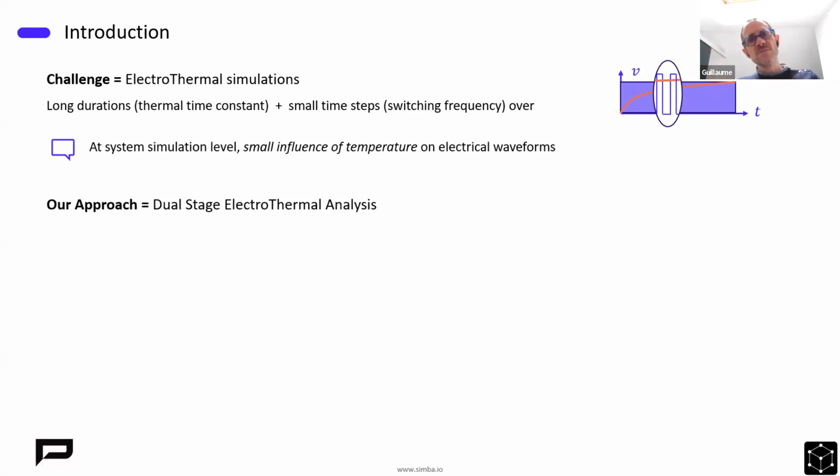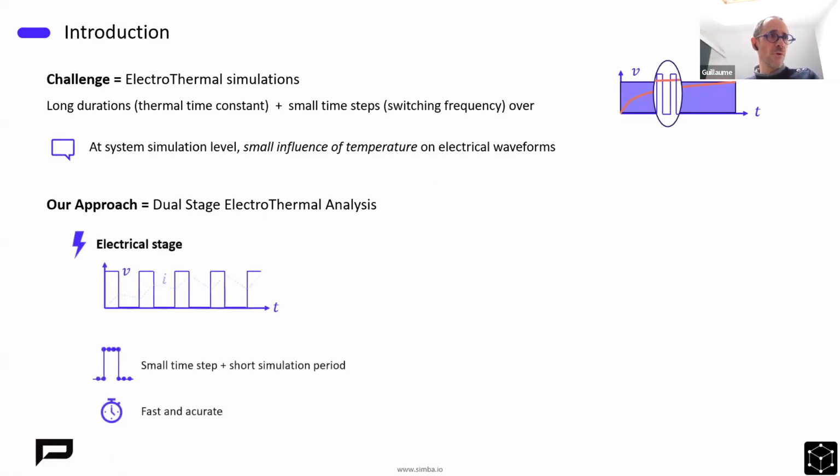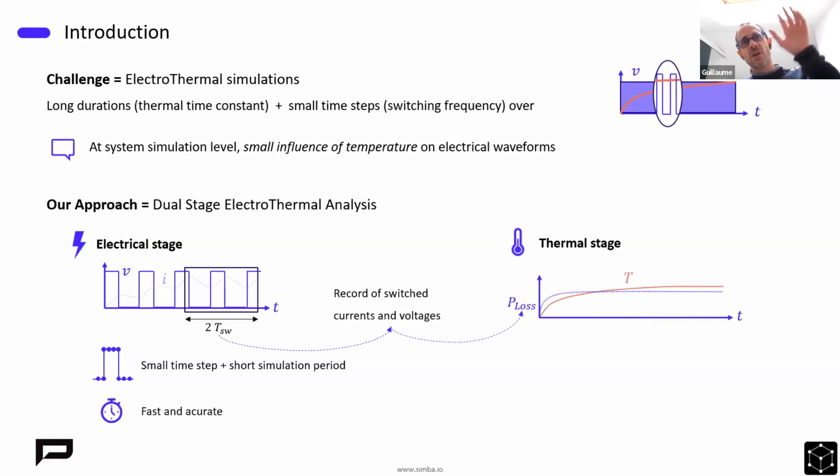And the principle is quite simple, actually. First, we perform a simulation of the electrical circuit. That's the electrical stage. Here we use small time steps over a short simulation period, which leads to fast and accurate results. And from this simulation of the electrical circuit, all the switch currents and voltages are stored during the last switching periods, which makes it possible to compute the losses of the switches in the second stage,